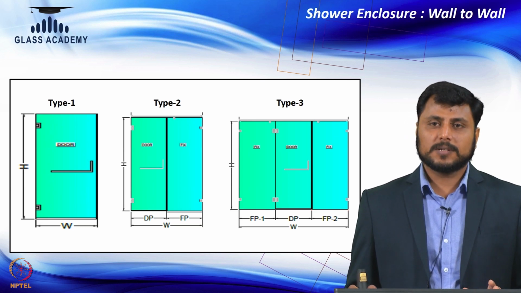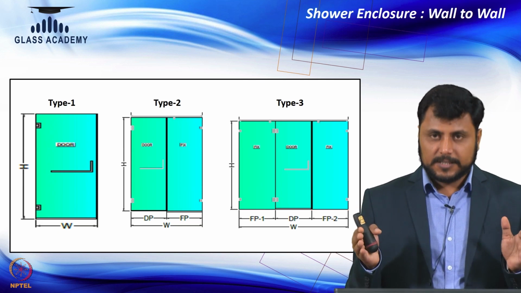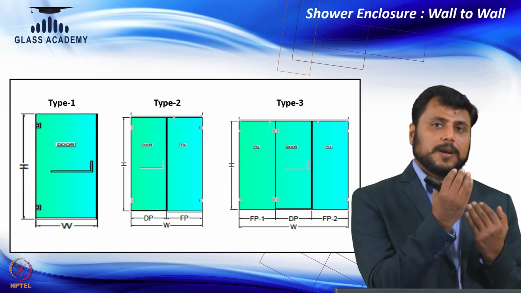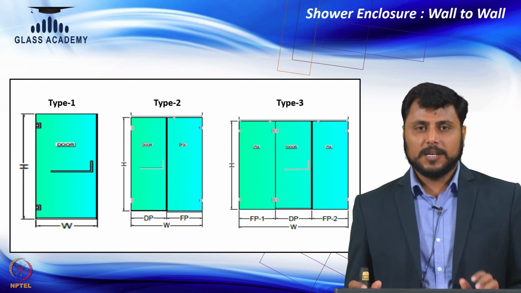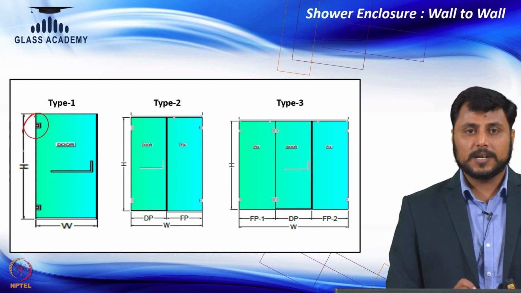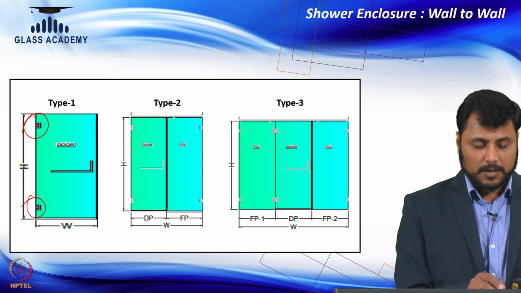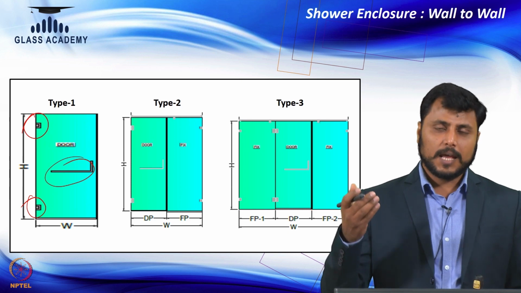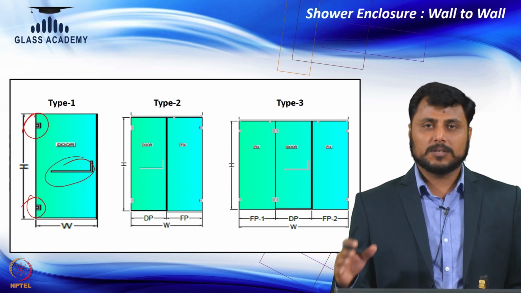The first one is he can fix up a single glass panel. Why a single glass panel? When the space is less, he can fix one glass panel which will just prevent water from coming out from the shower area to the WC area. So, it is a fixed panel or it may be a door panel. As you can see here, there are two connectors. The first is known as wall to glass hinge, and the other one here is also a wall to glass hinge. So, your door handle is here, simply it is one panel fixed onto the wall. With the help of these brackets, these hinges, you can just open it up. So, it is an openable door which has only one panel.